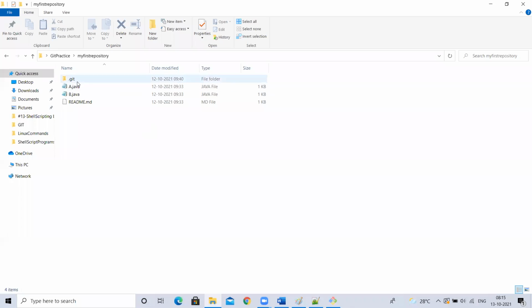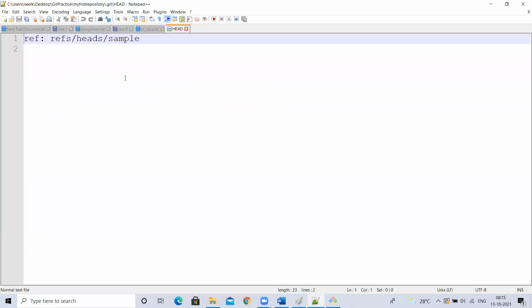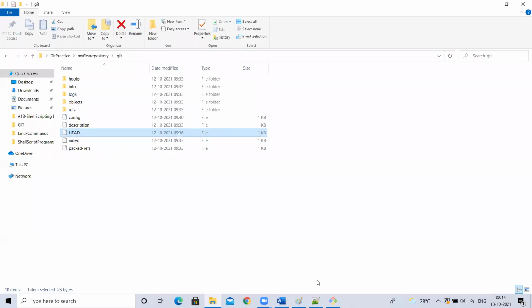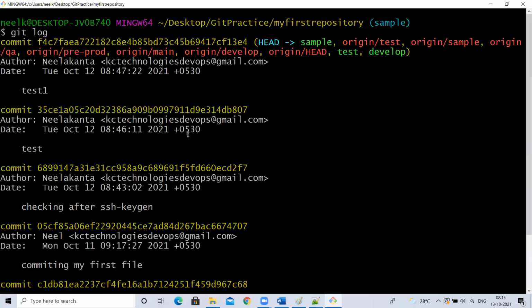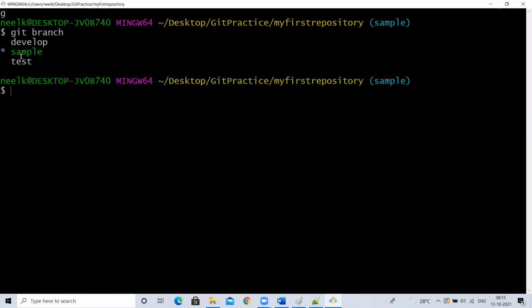Now, if you want to see that head version, there is this HEAD file. This HEAD file will have the path to your branch. So what is our current connected branch? If I type here, my current connected branch is sample.